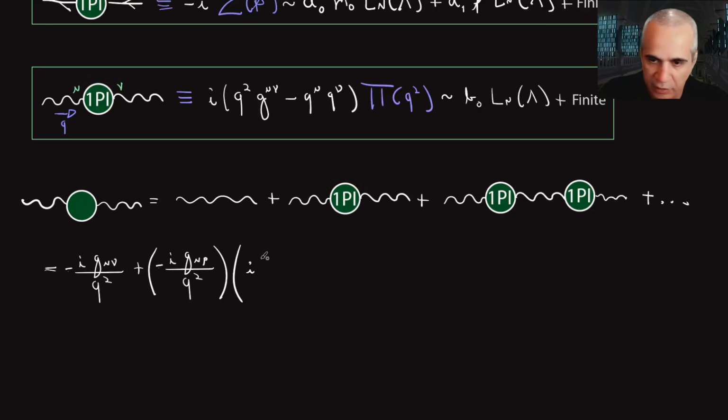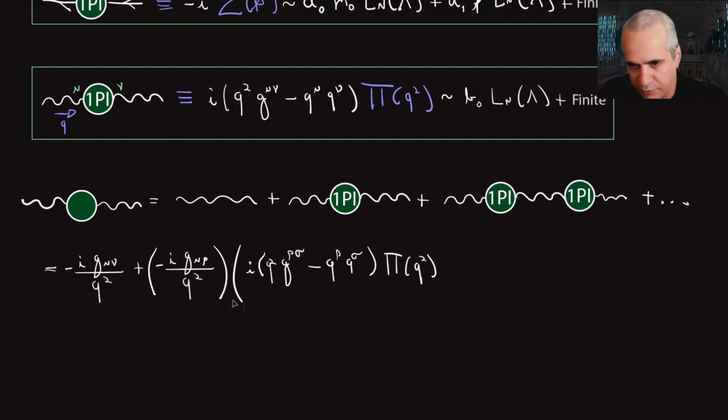And in here you have q squared g rho sigma, because this rho needs to be contracted to that one, minus q rho q sigma. This function, pi of q squared,